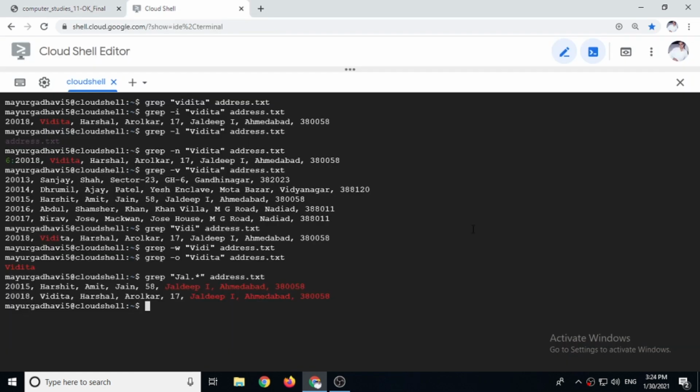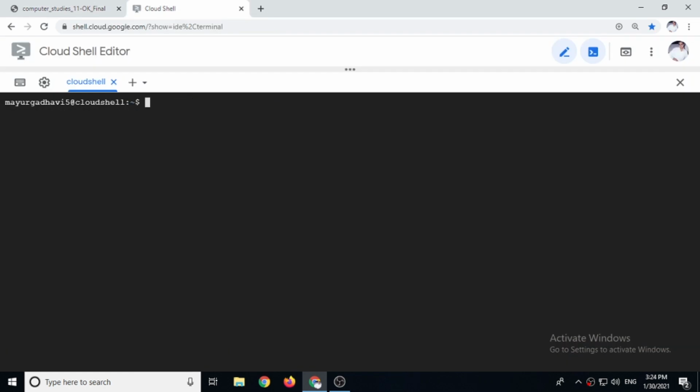So let's see this example. Find minus name we have to give, and then any word, for example intro star. But remember, we don't have any file having the intro word, so it will not display any result.